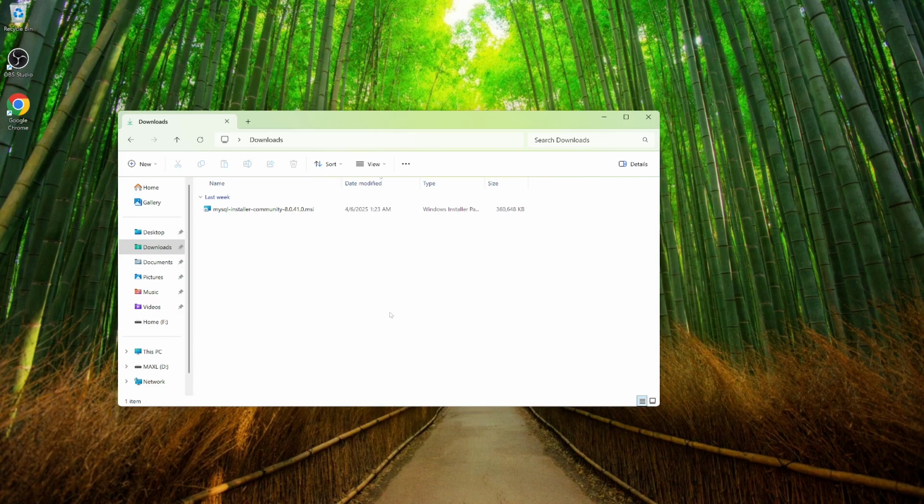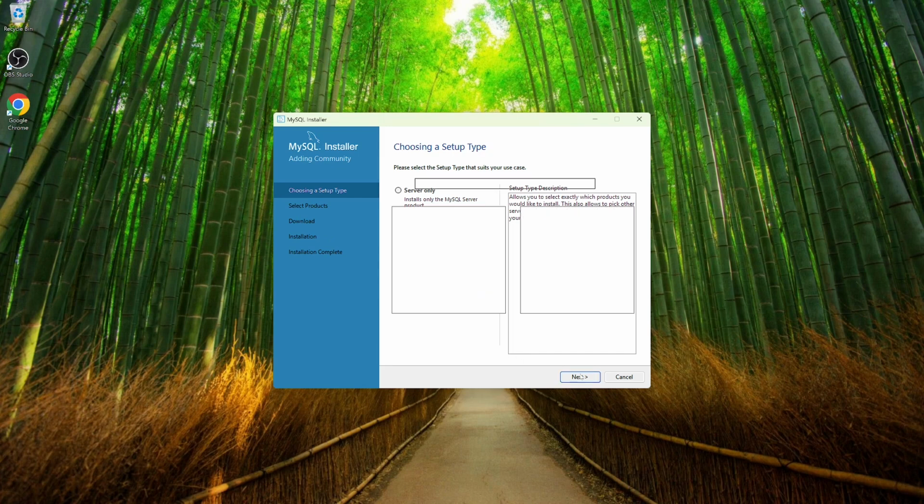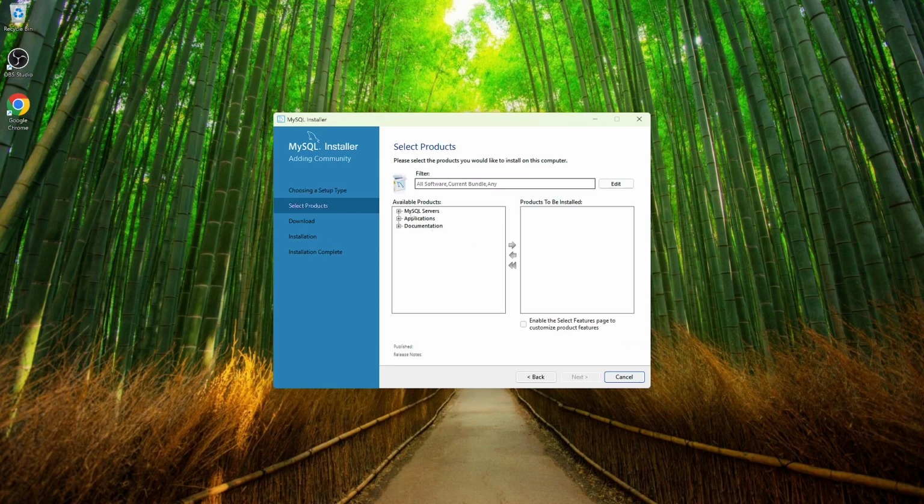So let's go ahead and double click it. And the installer window will appear. From here we'll click on the custom option and then click on next. Then we'll go ahead and click on this MySQL server, expand it, select it, and then move it to the